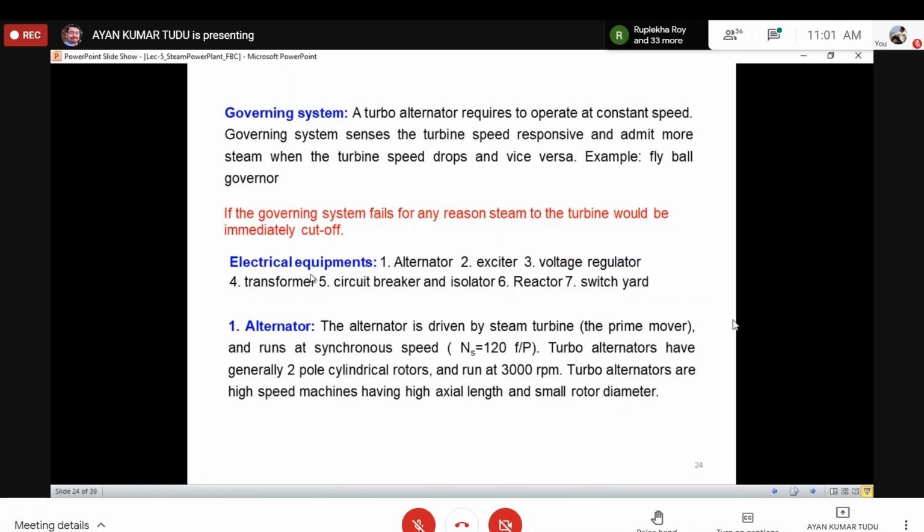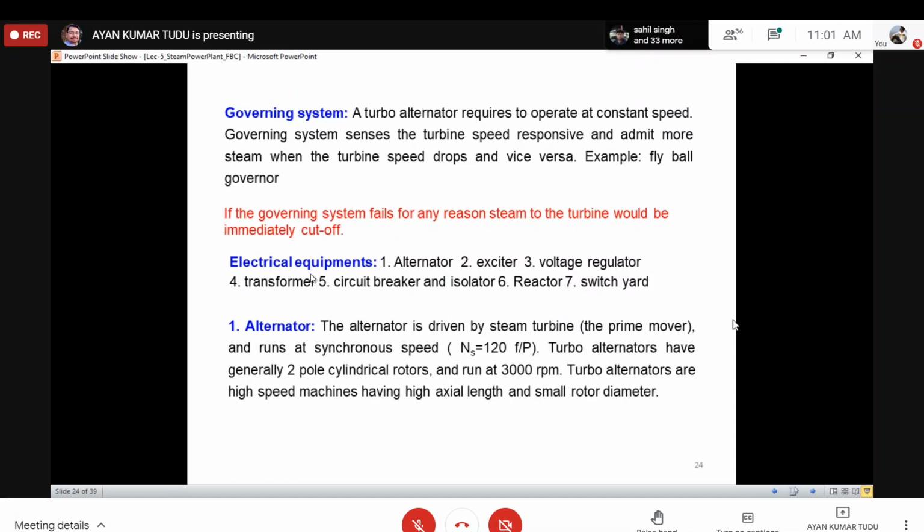And what it will be doing, through a system of mechanisms, it will be allowing more steam, meaning it will be opening the steam valve so that more steam can go to our turbine blades, because of which the turbine will be rotating faster, which means more power would be generated, so that the increase in load can be easily met by increased generation. Understood what I've said? I hope you have understood.